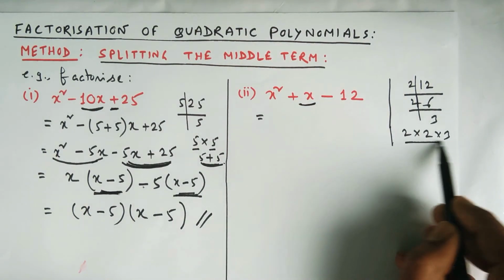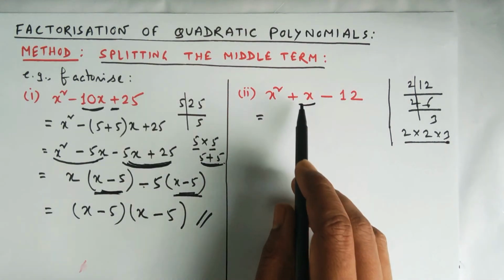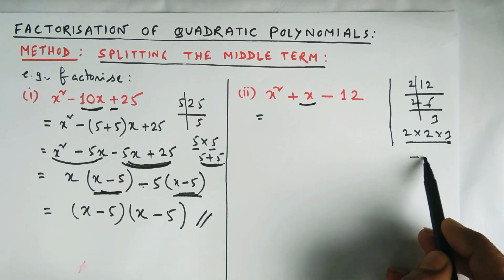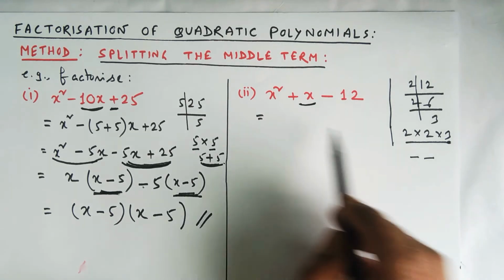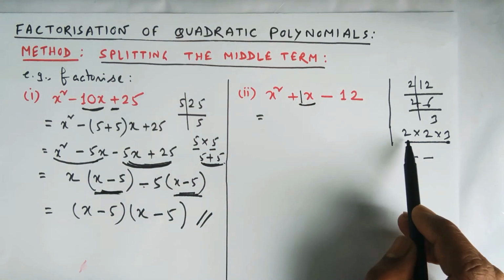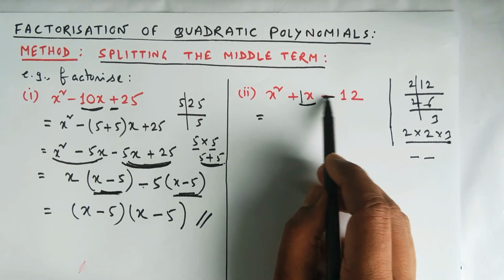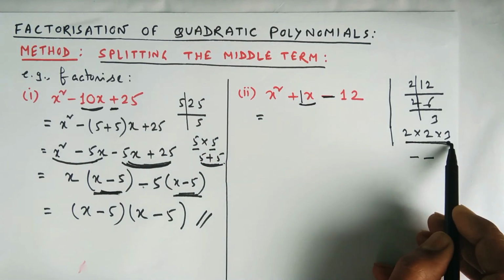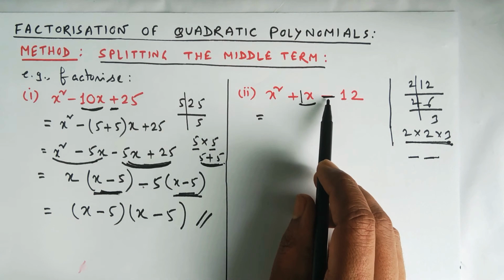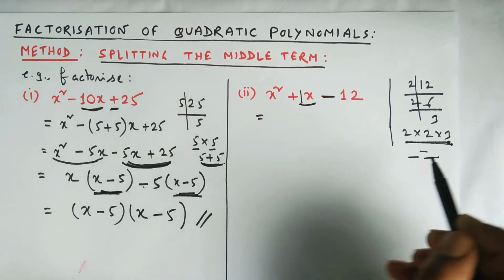Now you got three prime factors, but actually we should write this number as the sum of two. So these three numbers should again be converted to two numbers in such a way that we get the number here. What is the number here? This number is 1. So from here we'll try to get the number 1. How? What is the sign here? Minus. So these three prime factors should be converted into two factors. Since this sign is minus, their difference should be this number 1. Okay, I'm doing, see how.